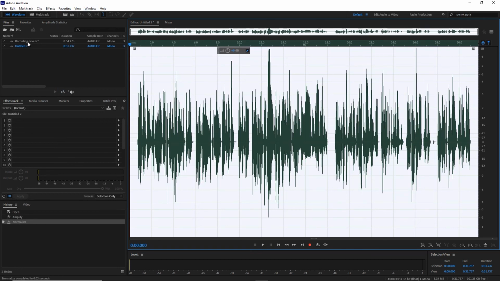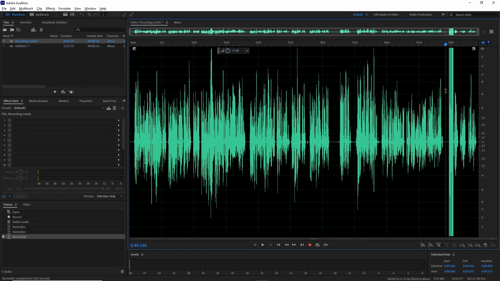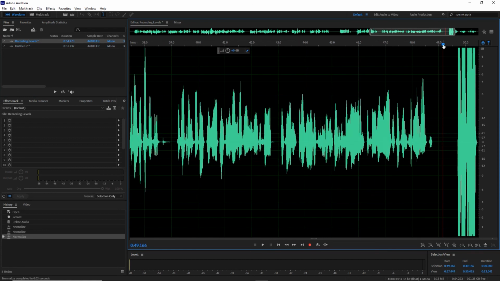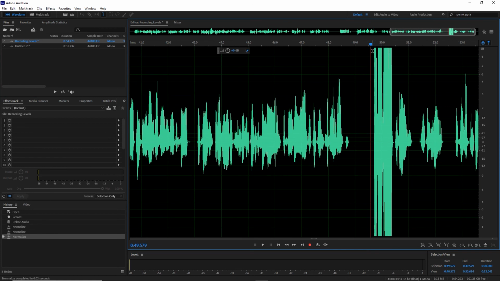If we go back to the original file here, despite the fact that we have normalized this audio, you can see that it peaks way above zero, and in order to normalize it, it's just chopped off the data that's gone above zero. So set your recording levels either by the gain control on your interface,